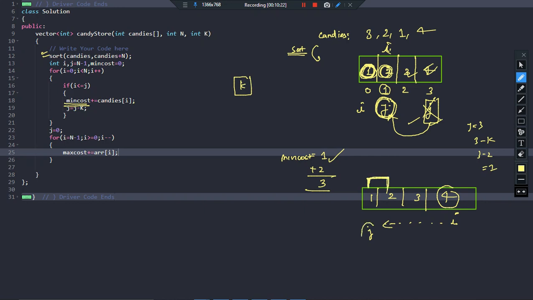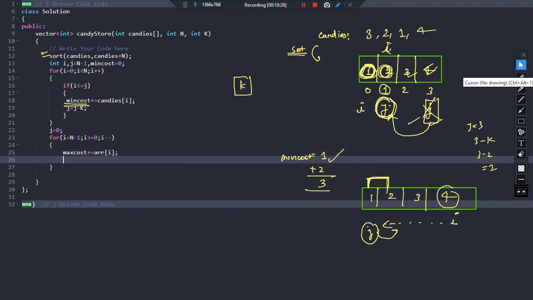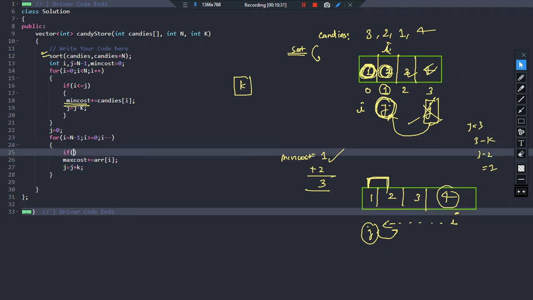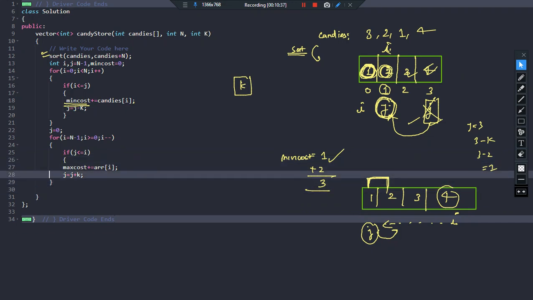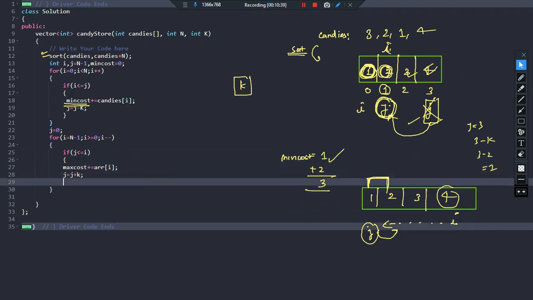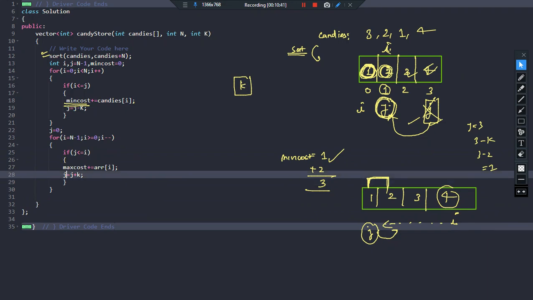So what happens, the j pointer will increase by k times. So j is equal to j plus k, you have to write here. How long will this go? This will go as long as j is less than or equal to i. You can clearly see, because i is decreasing from right to left and j is moving from left to right, as long as your j is less than or equal to i, you will carry on.